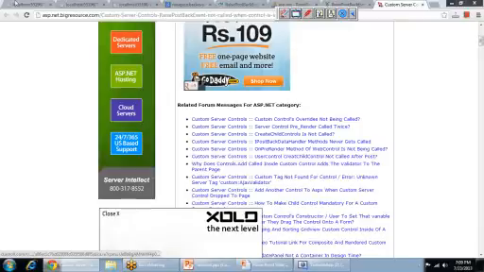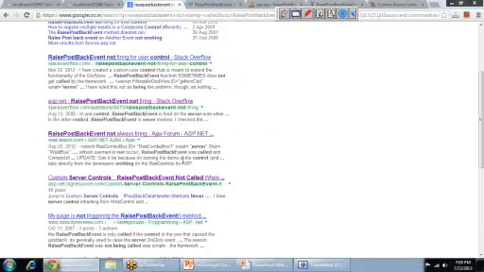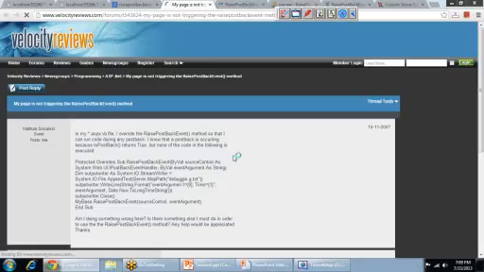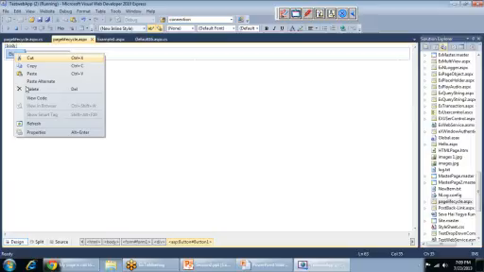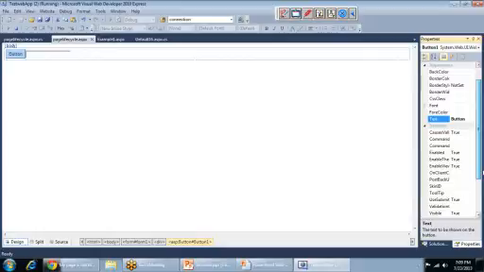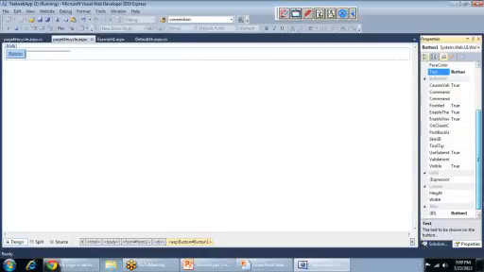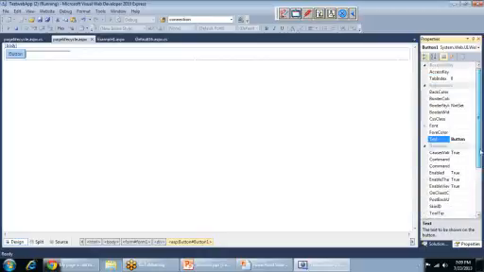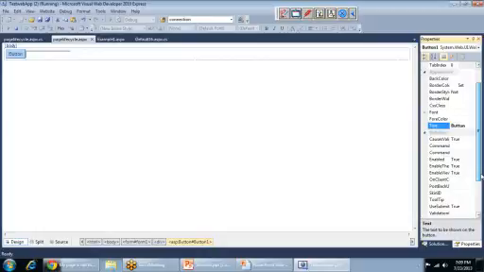Is it set? Yeah, it is set actually. I think by default the button is the postback one. So you mean the autopostback property, right? Yes.